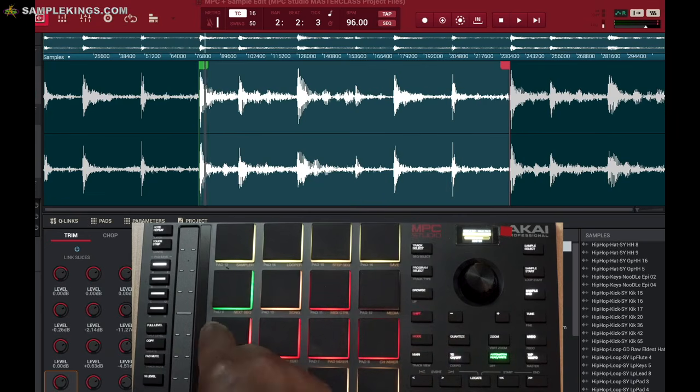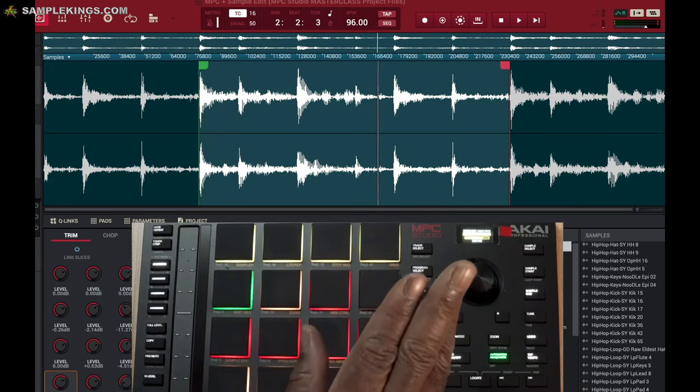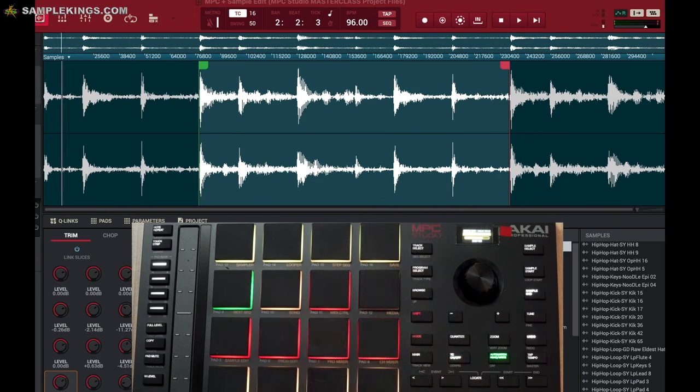Now here, of course, you gotta hold it down. Note on. That's hold. This is one shot. Hit it once, it's good. These are all one shots. Right here, you gotta hold them down. From end and end. So these 8 pads right down here, the first 4 are one shot,